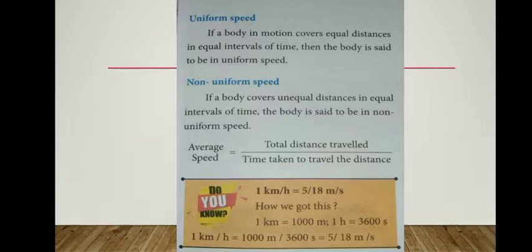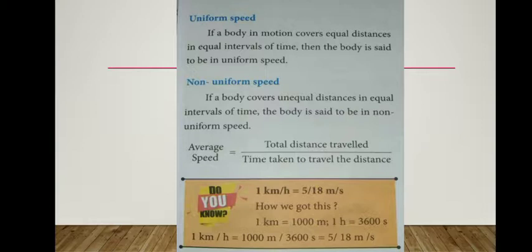You are coming from home, think that you are coming on a bicycle. From home to reaching school, if you come at the same speed, that is what we call uniform. Otherwise, if on the road you come slowly but on the open land you come at a very fast speed, that is non-uniform speed.